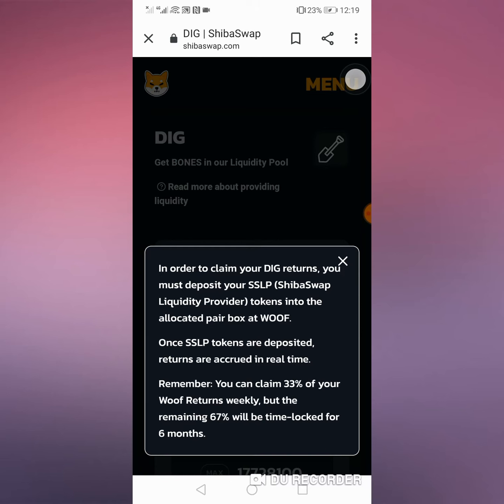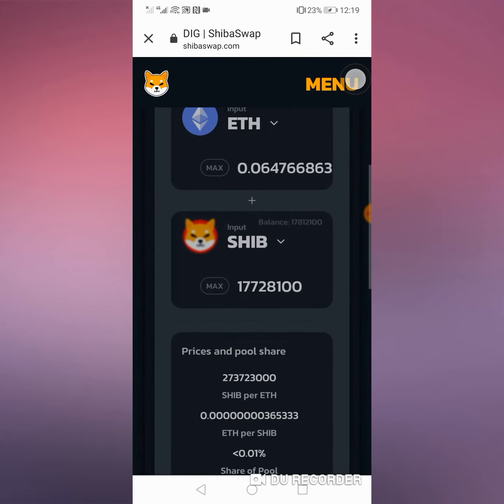So as you can see there, only 33% of your WOOF return weekly, but the remaining 67% will be time locked for 6 months. So that's what's going to happen, guys. For 6 months, everything of mine is going to be locked inside there. So as you can see there,